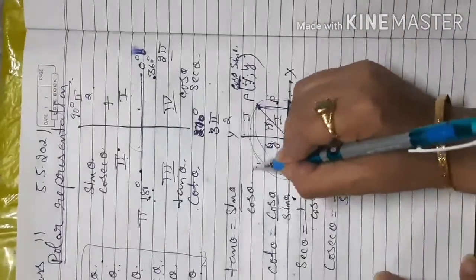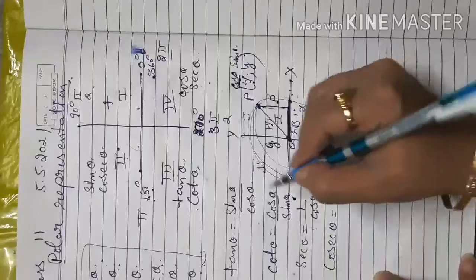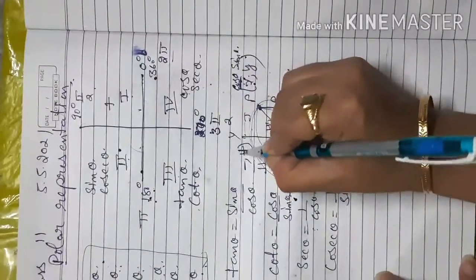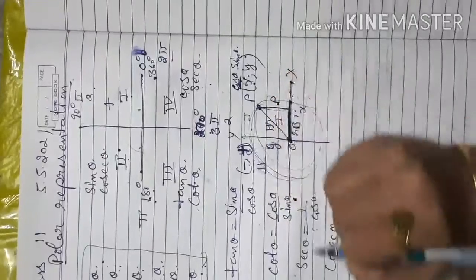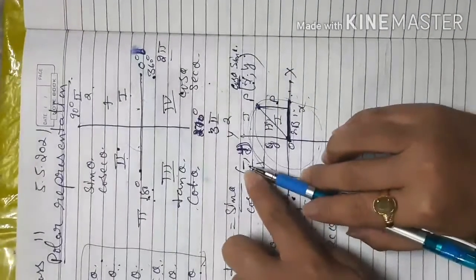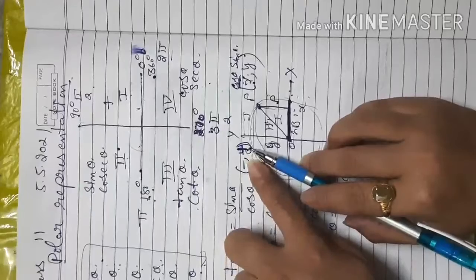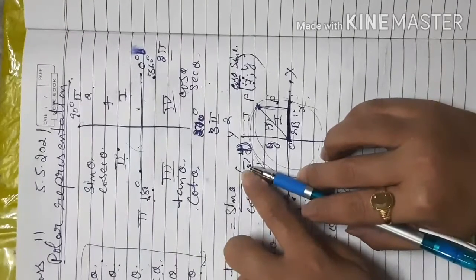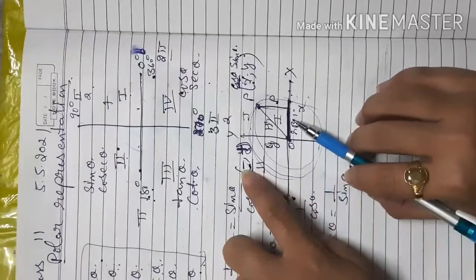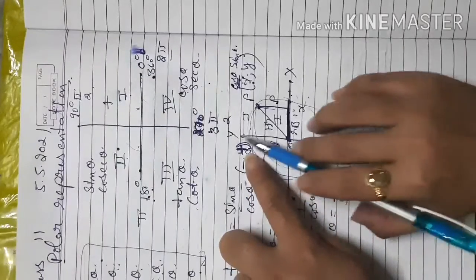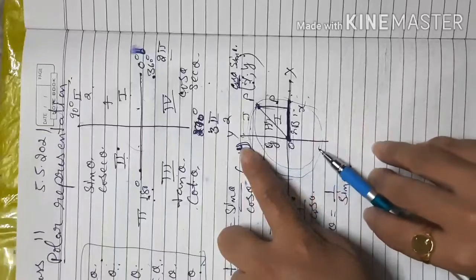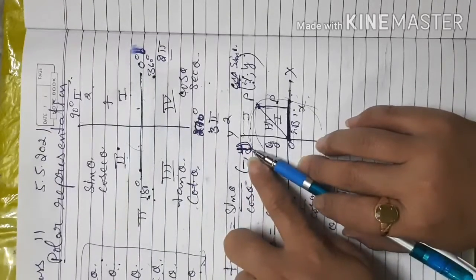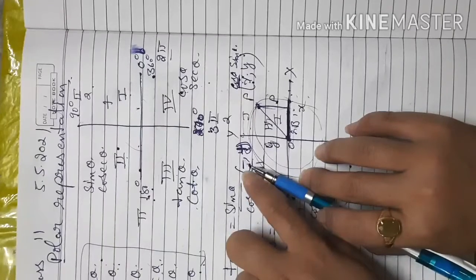Now what about the second quadrant? When we move to the second quadrant, the x value is negative and the y value is positive. So my coordinates will be negative and positive. That means my cos theta value will be negative and my sin theta value will be positive, because in the coordinates we always consider cos theta first, as it is connected with the base, and sin theta is the perpendicular to the base. So sin theta is always considered as y, and cos theta as the first coordinate x.